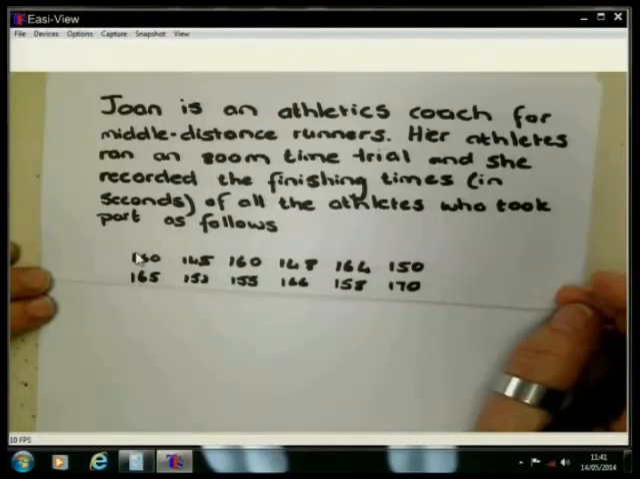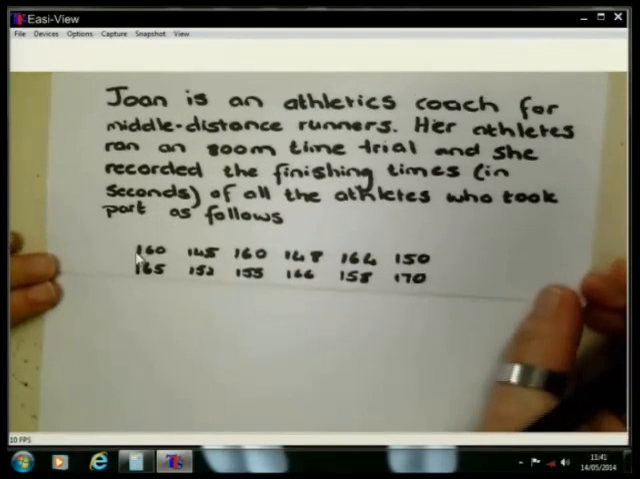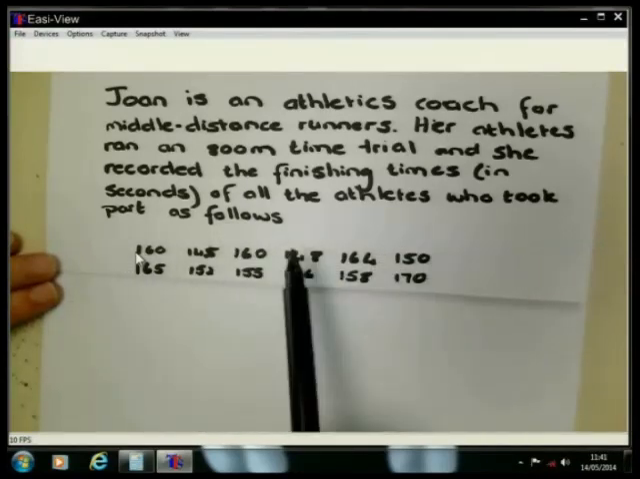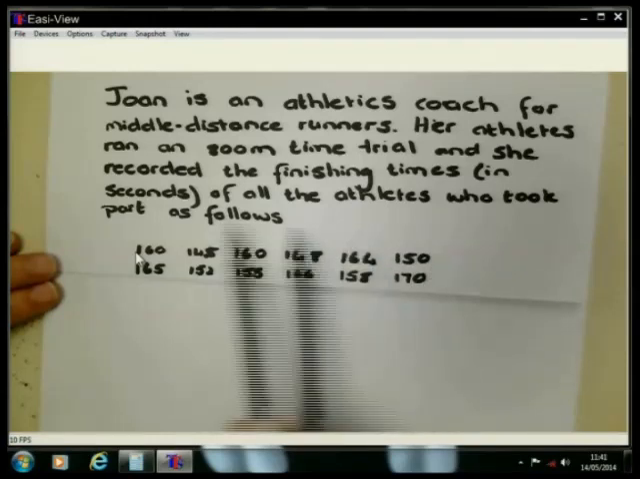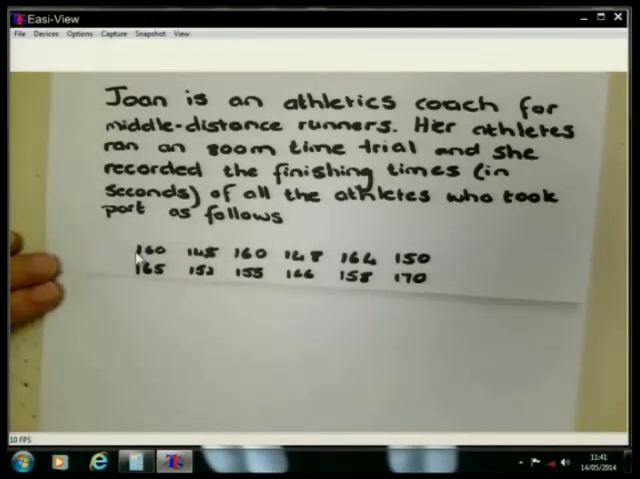This is a lesson about the calculation of the mean of a set of data. In the following example, we are going to look at some data that was accumulated. Now, in this case, the data was accumulated by Joan. Joan is an athletics coach for middle distance runners. Her athletes ran an 800-meter time trial and she recorded the finishing times in seconds of all the athletes who